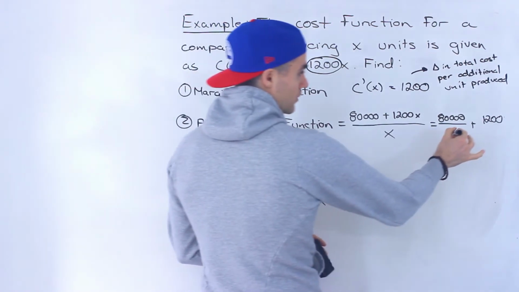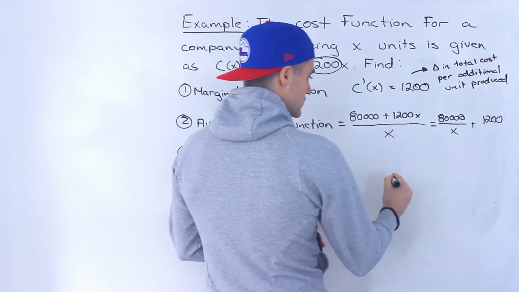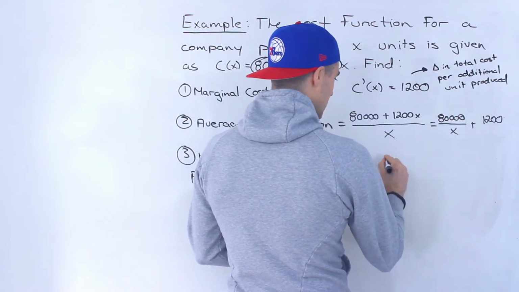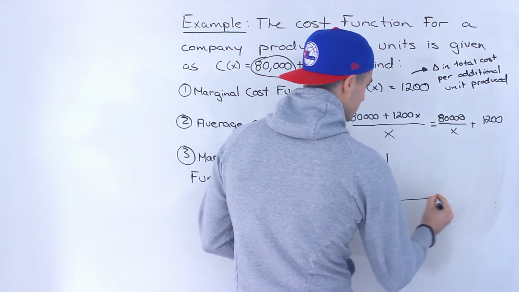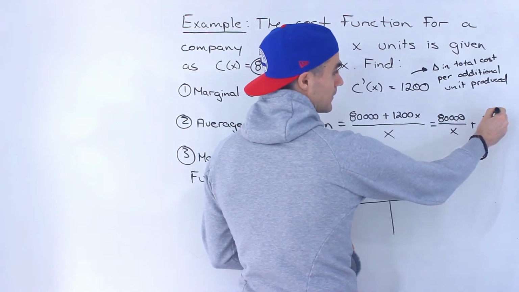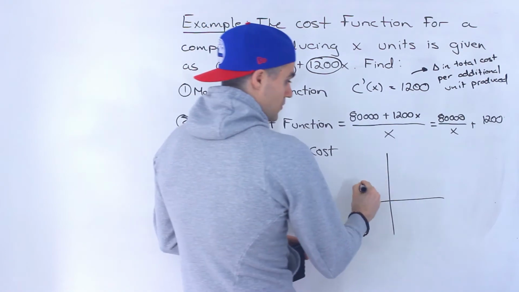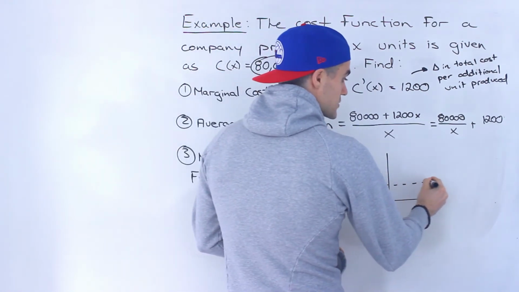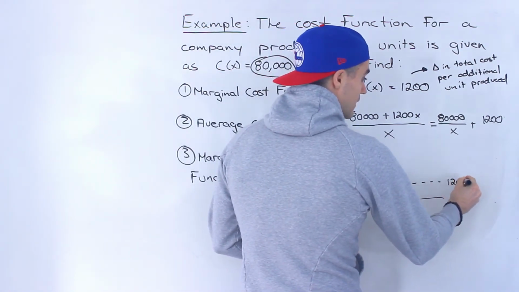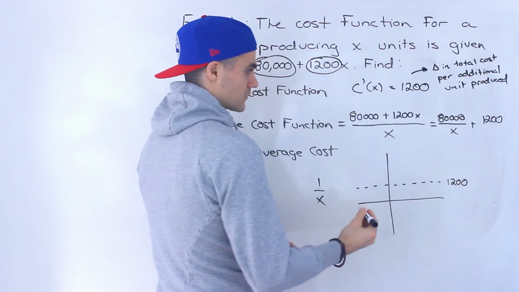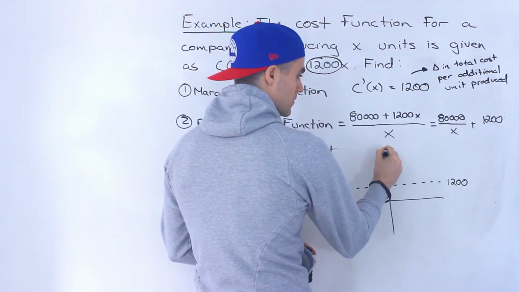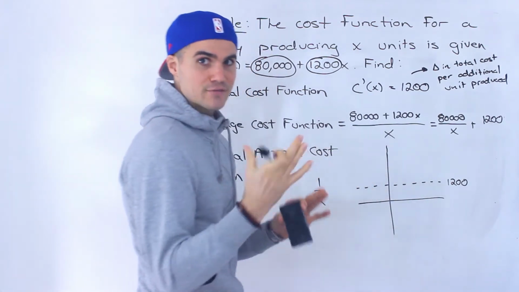And we don't have to worry about any negative x values. So if we were to graph it, notice that the C value is 1,200, so we know that the horizontal asymptote is going to be at 1,200. Notice there's going to be a vertical asymptote at 0, so it's going to be undefined at 0,